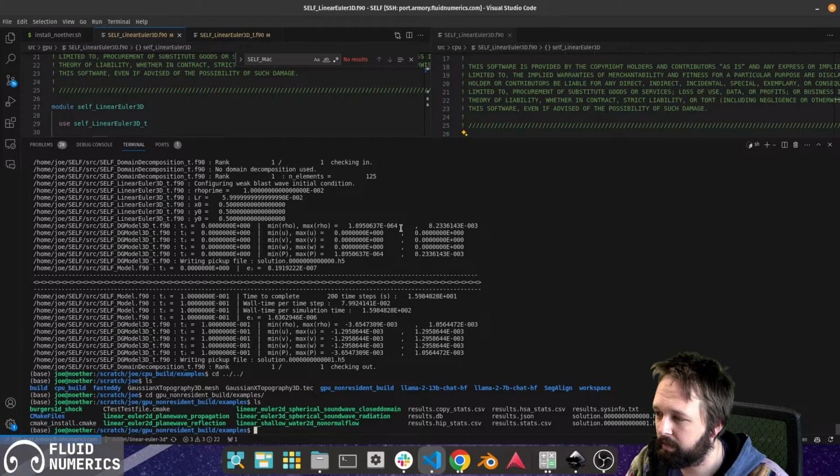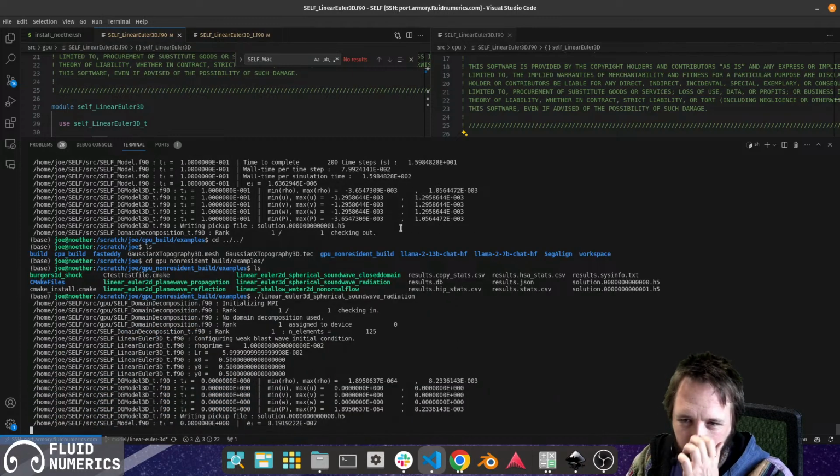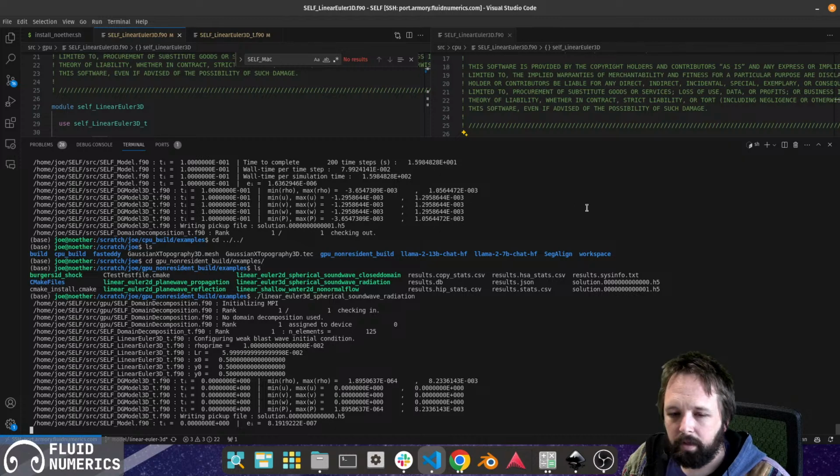So we haven't explicitly written kernels to replace the actual flux evaluation, source term evaluation, etc. So let's do linear Euler 3D. Okay, we got 15.98 seconds for 200 time steps